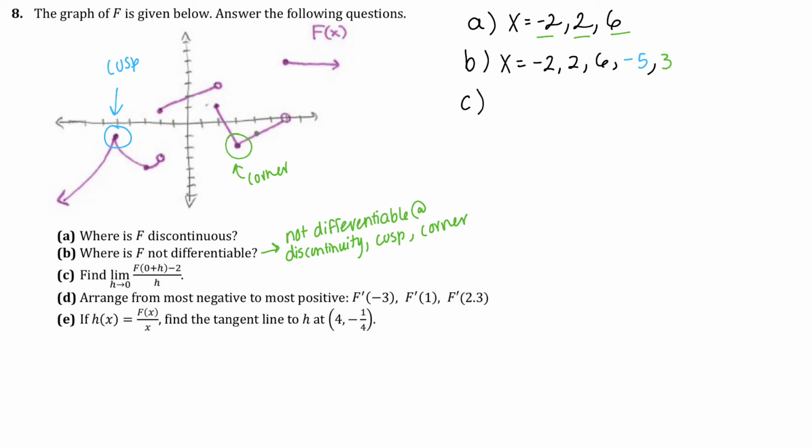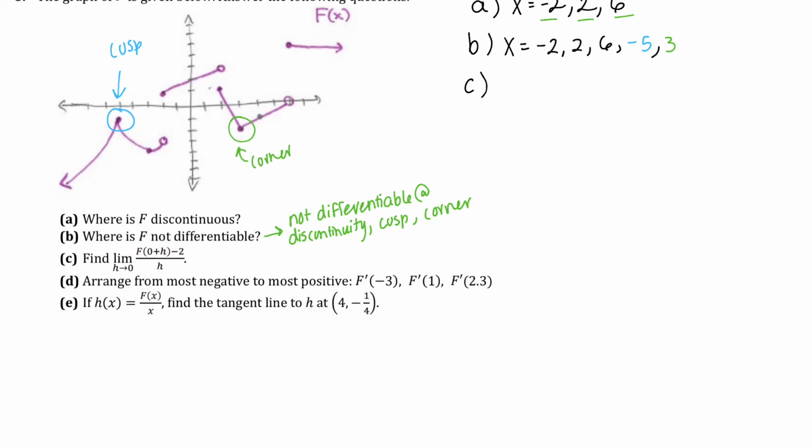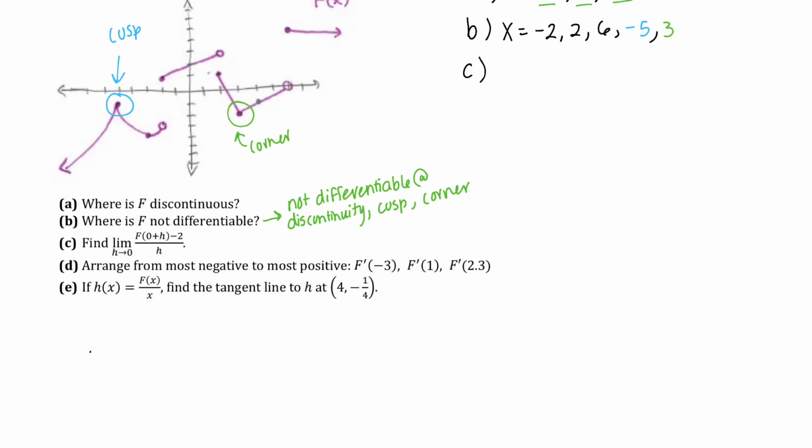Part C is a tricky one. So part C is tricky because if you plug in h equals 0, you're going to get 0 over 0. It's not going to work. But what you'll notice is that this kind of looks like the definition of a derivative, right? The definition of a derivative